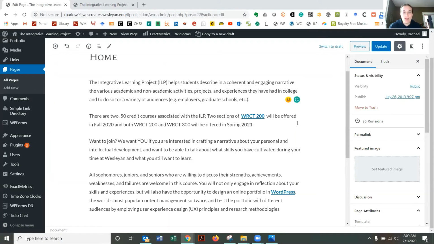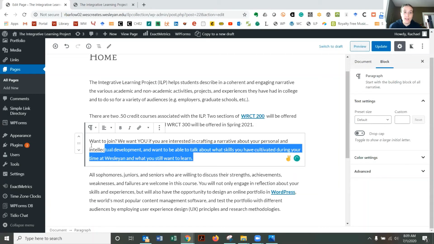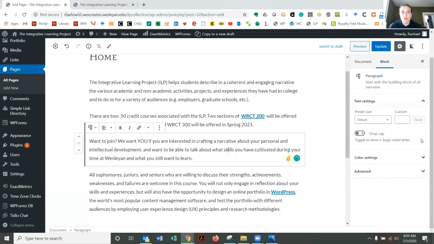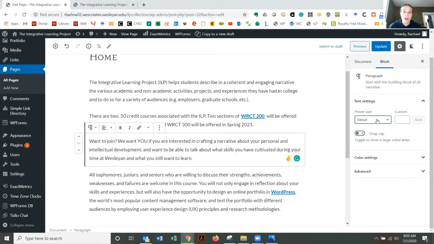The other thing I want to note for you guys is if you click on a particular block, so here I'm clicking on a simple old text block. Anytime you do that, you can then go to the right-hand sidebar here, and you're going to see that there's different options that you're allowed to change for that block. What appears here is going to be highly dependent on what kind of block you've clicked on. So if this were an image block, you'd be seeing very different things in this right-hand sidebar.